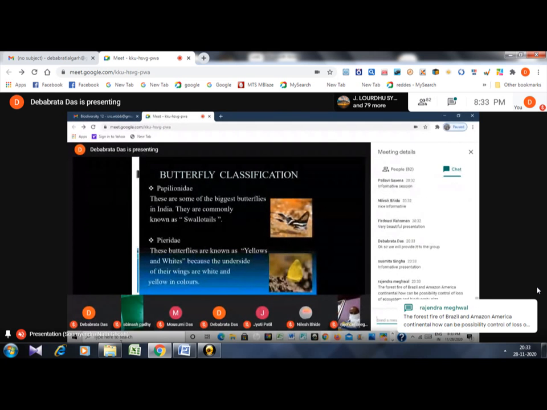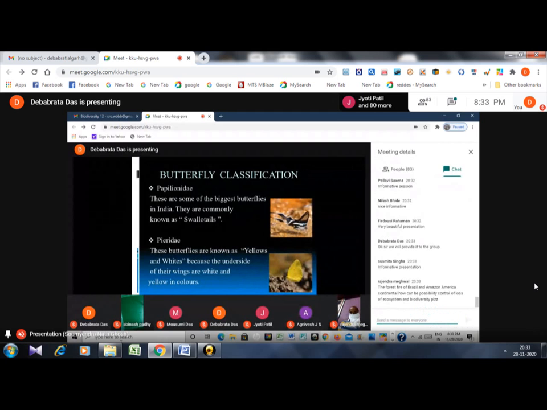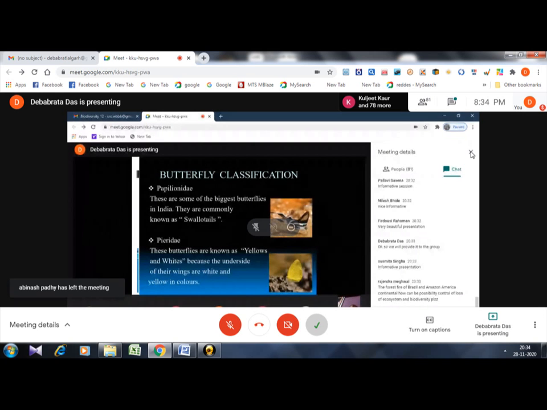We know swallow birds. Swallow birds have long feathers at the hind of their wings, which look like 2 wires. And you can see in the photograph, in the upper right corner, the first one is a dragon tail. You can see the first photograph with the big tails, right? 2 tails. That is known as the swallowtail butterfly. Those are known as swallowtails, and they are one of the biggest butterflies in India.